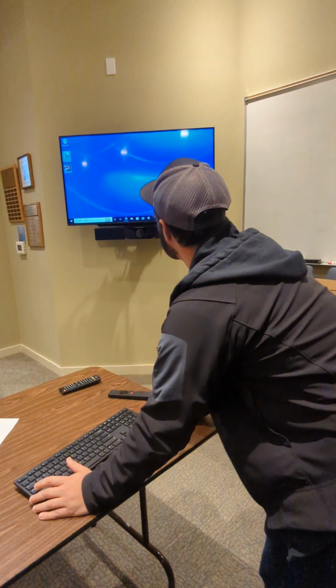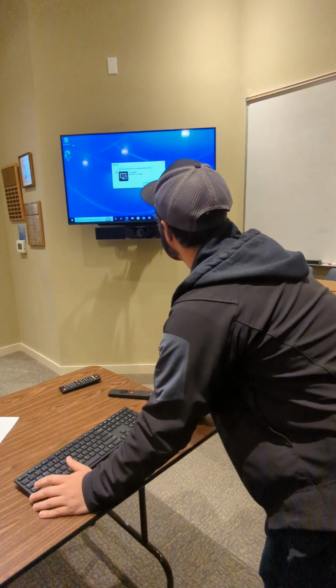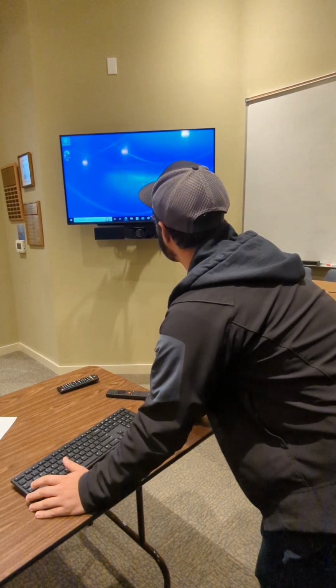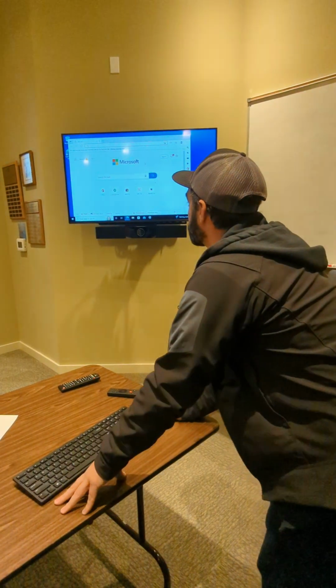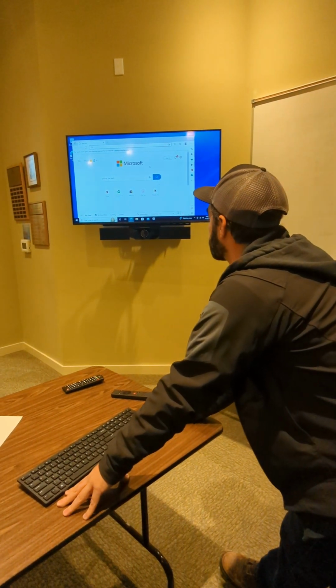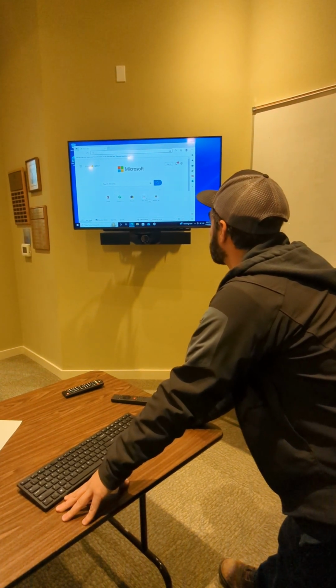So somebody, if they walked in here to start a board meeting, would flip on the TV with the LG remote, and it's really just a double click. If you were to just start Microsoft Edge, it's supposed to start a Zoom session,